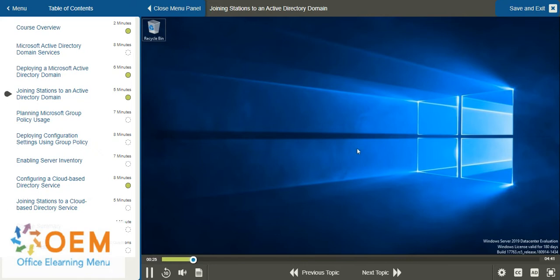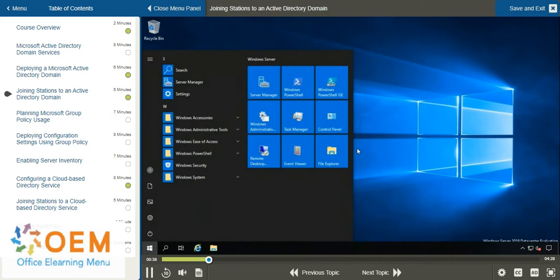So the first thing I have to think about is my network configuration. I have to be able to reach at least one domain controller from the existing domain over TCP/IP. So let's go ahead and take a look at our TCP/IP settings here on this computer that will be joined